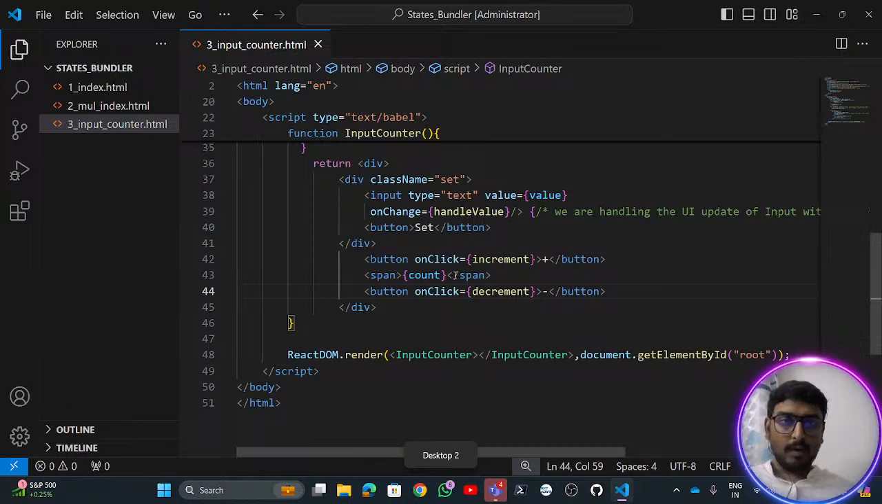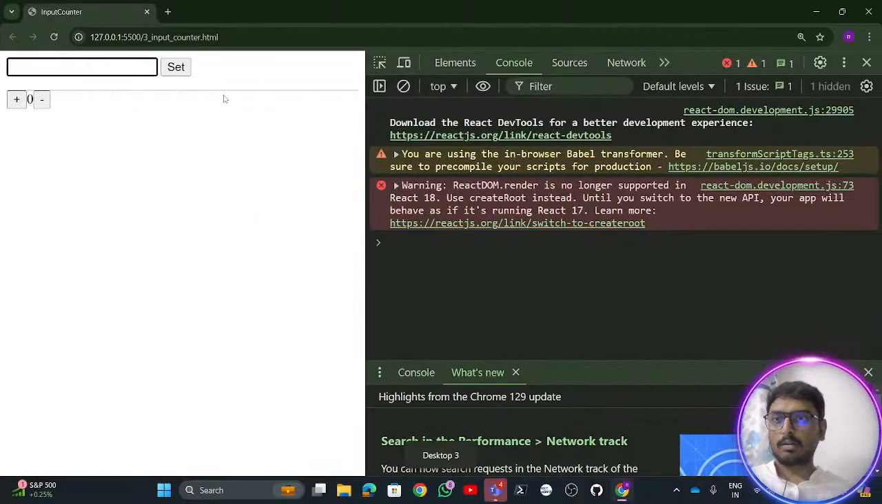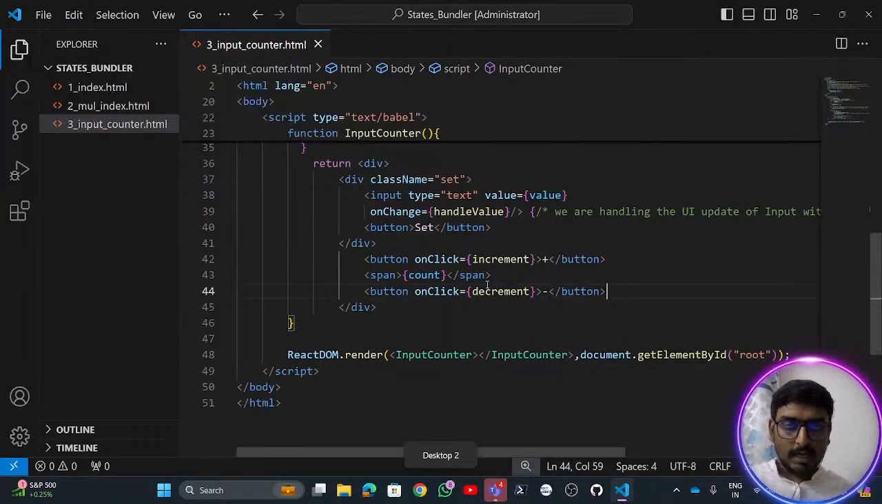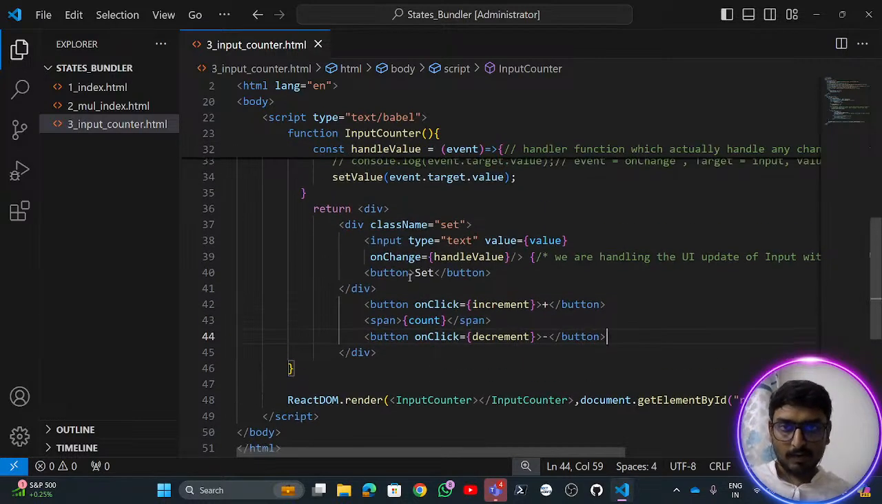So here, if you observe now, my main agenda is that whenever I click a button, let's say I'll add some value to it. Whenever I click this button, I should update this particular value. Here I'm trying to change this value when there is an on click